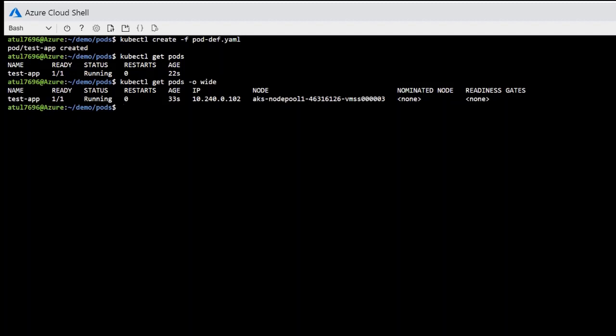Now what we will talk about is replica sets. Why do we need a replica set? Suppose a user is using this particular application, which is a web app using an Nginx image, and this app crashes, then the user will lose access to the application. So in order to have high availability, there should be a mechanism so that the pod recreates when